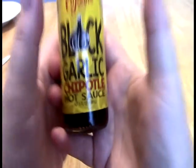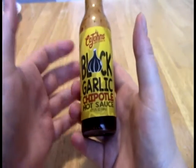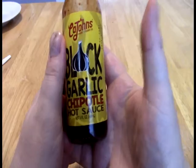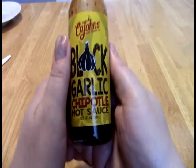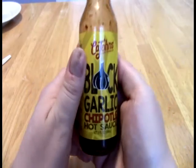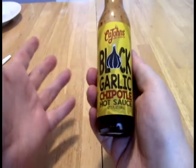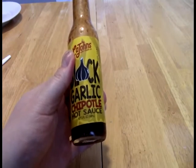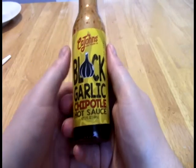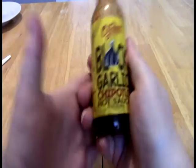With the sweet soy sauce and the black garlic, it tends to think you a little bit more towards the Asian side of things, or heavily, honestly, towards the Asian style of things. And then you have chipotle. When we think of chipotle, we think of adobo, and we think of Mexican type foods more than anything else. And Mexican and Asian style foods don't go super well together. I've had sushi, of course, with jalapenos, and sriracha is a jalapeno sauce. I've even seen habaneros used in sushi if you get into some of the fusiony stuff. That is all okay as long as you're dealing with clean flavors, but actually trying to mash the two together